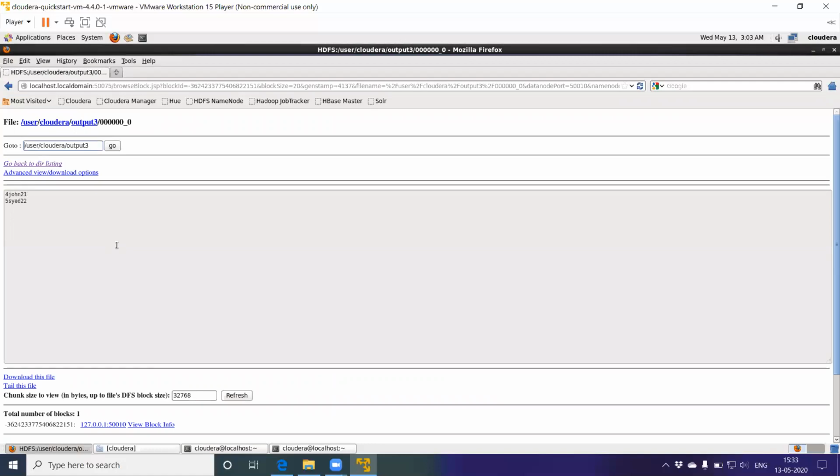These are the ways with which you can verify the output in Hive through the browser.